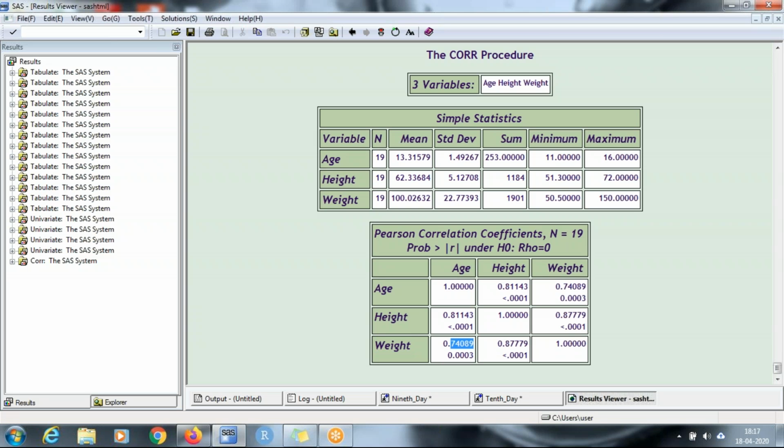Now tell me what is your null hypothesis in this, while writing a correlation, while creating this correlation matrix. Please write the hypothesis of correlation between these three variables, एज का, हाइट का, वेट का इसके साथ.